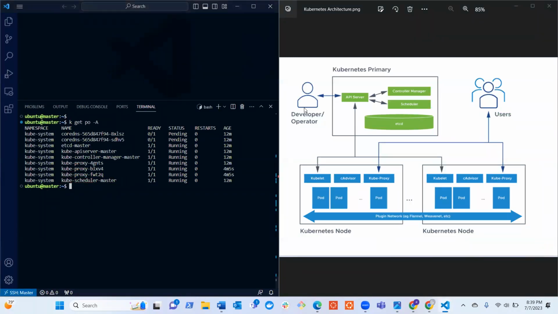This guy is the etcd, which is the data store. Then you have the Kube API server, the gateway, the communication center. Then you have the controller manager, the guy that really controls every other component of the cluster. Then you have the scheduler, which schedules workload on the worker